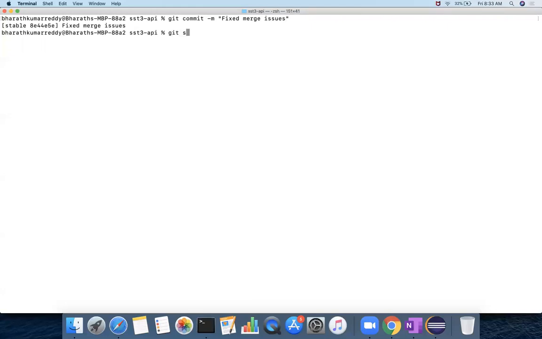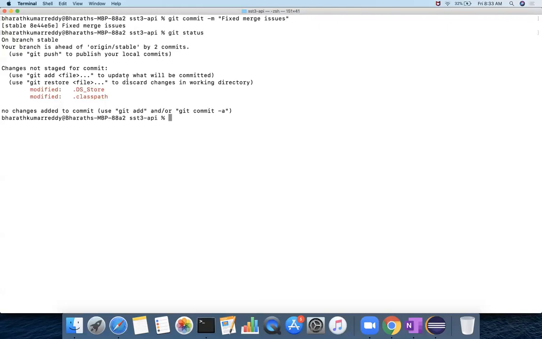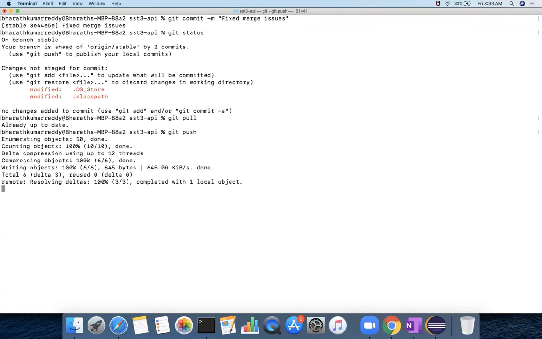Git commit, git status. See, this has been done, and then let's say git pull. Because you fixed that one, it says already up to date, the latest code is available, and then git push. So this is what you have to do for handling the conflicts.